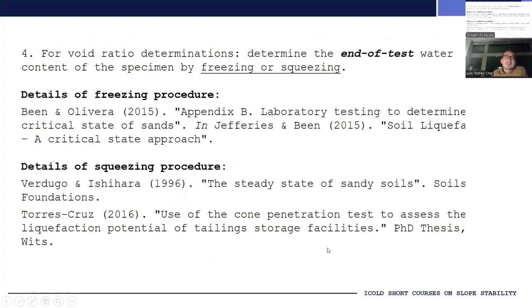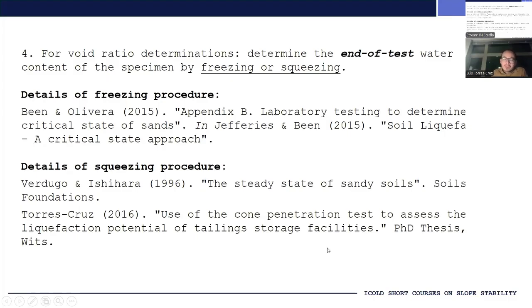The fourth point is that for void ratio determinations, you need to determine the end of test water content of the specimen by freezing or squeezing. There is no alternative to this. There is no way of reliably determining the critical state void ratio based only on the dimensions of the specimen. It does not work. I have not seen it work